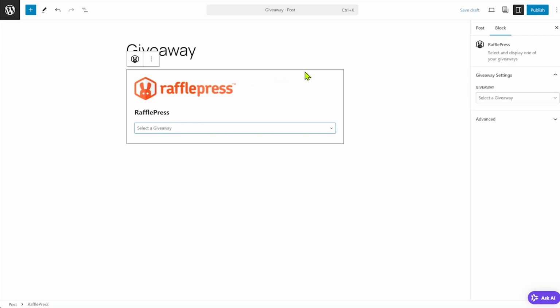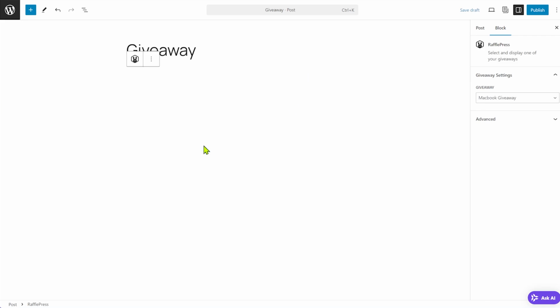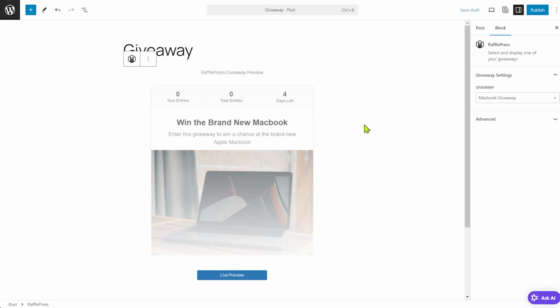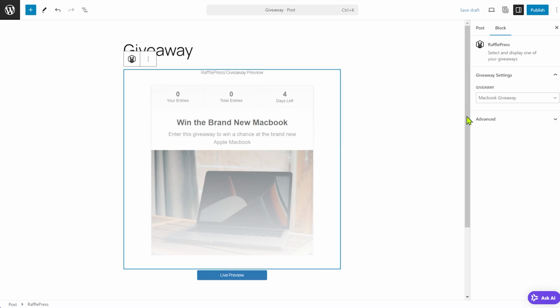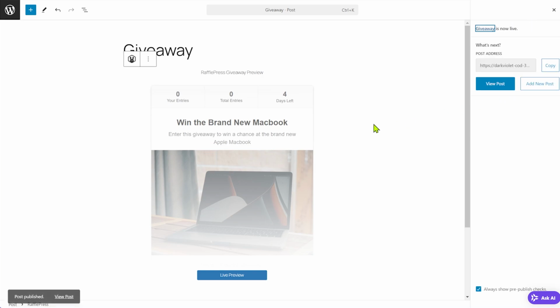So if you have multiple giveaways that you are already working with, then you'll choose the one that you want to select on this particular page. So if I click this, now you'll see the embed options come up here. And if you click on this, you can just basically change the giveaway. Let's say if you selected incorrectly, let's go here and change something. And then all you have to do is publish, and done. That's it. So once the page is published, your campaign or the giveaway will start showing to users who visit